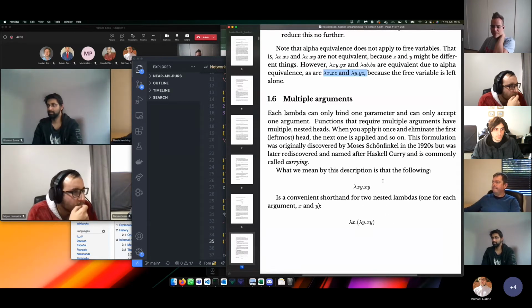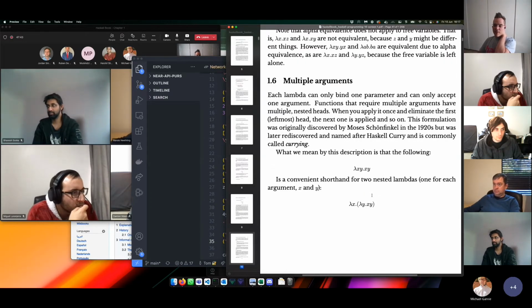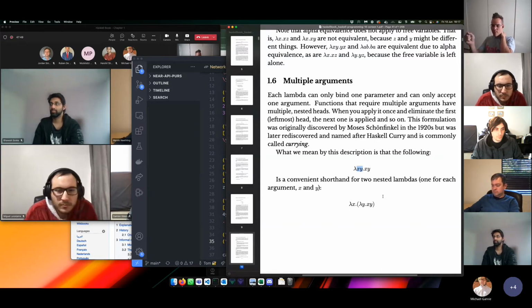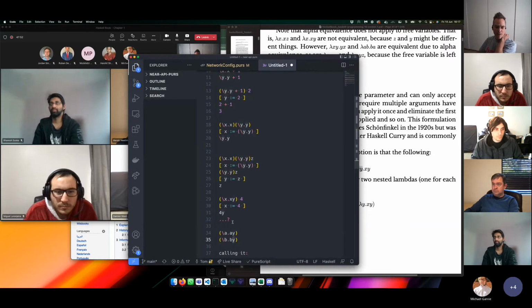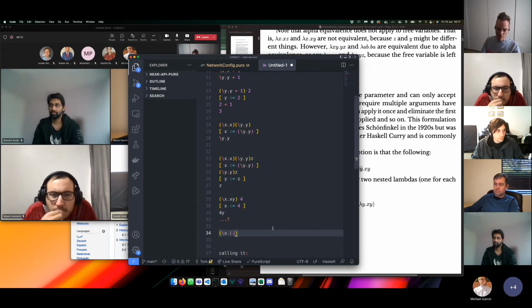Multiple arguments. Okay, so this is actually shorthand. This ability to have more than one parameter. So remember we said earlier, all functions must have one parameter. So how would you create a function that has more than one parameter? It's very easy. So you would say, well, I've got a function. So if I'm limited to one argument, and I want to take another argument, then what I could do is I could just return a function which takes another argument, right? And then I could go like x plus y